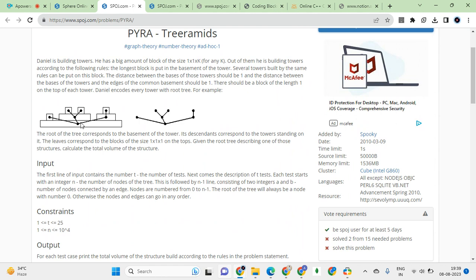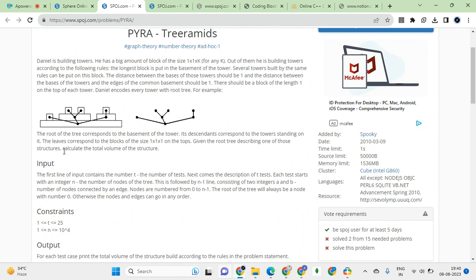And edges of the common basement, now I get it. 1 1, which means this is 5. 5 into 1. Okay, 3 plus 5 into 1 for this maximum one, plus 3 into 1 for this one, plus again 1 for this one. So yeah, that is counted. No, that's not counted. So make it 4. Okay, then you have 1 on this side. This is 5 plus 3 plus 1 plus 1, 2 plus 2, that much.